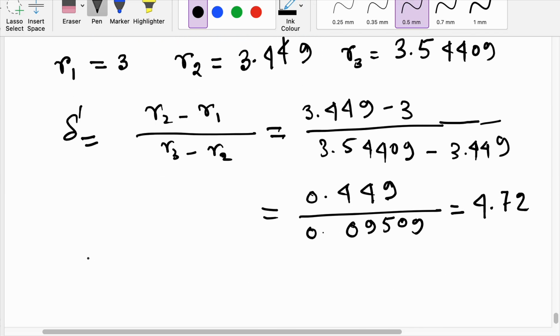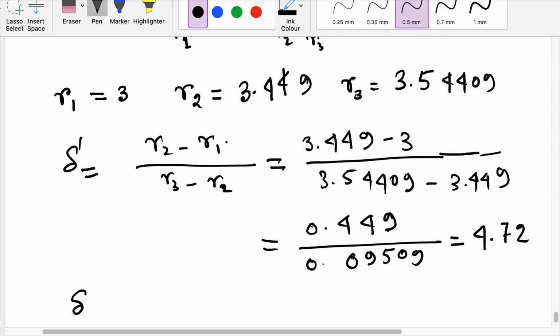So the value of delta, you see this 4.72, this means this r2 minus